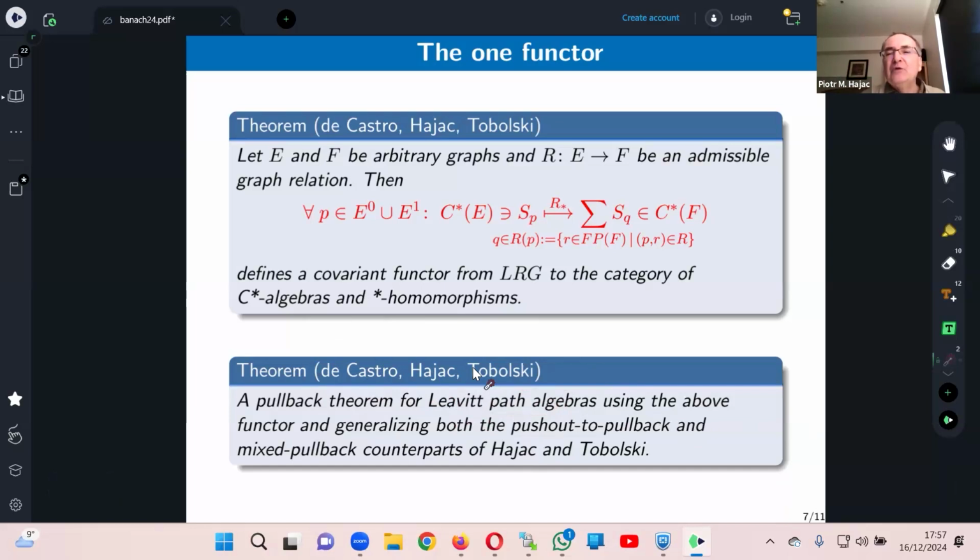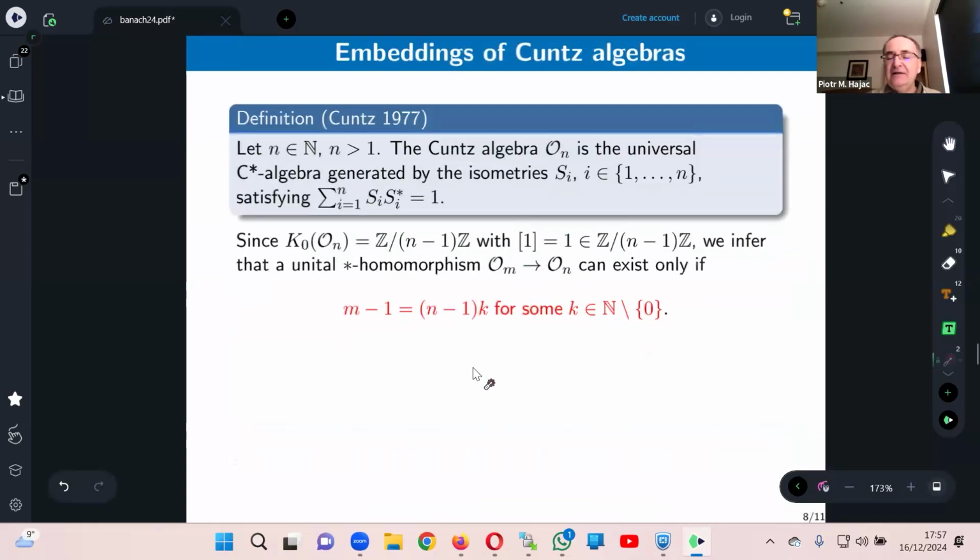But what was for me my main motivation for the whole project was this vision, and it has been achieved. Now, it would not be interesting without real life applications. So let me dwell upon these real life applications very shortly, but it's something very tangible, something that you can very quickly understand. So we have these famous Cuntz algebras, which Cuntz defined in 1997, and they have this very